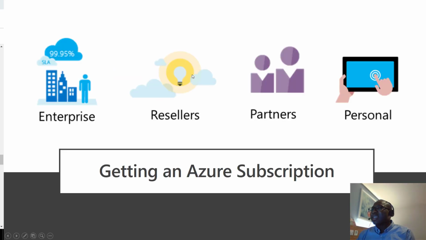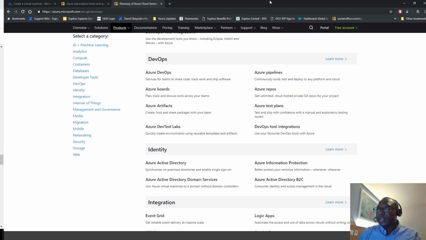So there's another type called open credit, which is really not as popular. For those that are used to open subscription in the past, you can go to your Microsoft reseller and buy open credit. I can show you a little bit of what that looks like. What I'll do is I'll log into my Azure subscription and